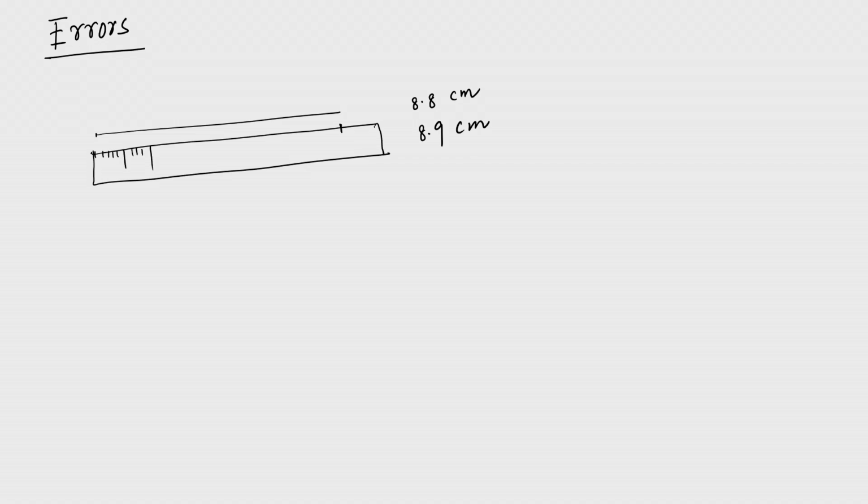And then you have no way to say whether it is closer to 8.8 or closer to 8.9. What I am trying to get at is that every measuring device comes with a least count, and you cannot do anything better than the least count. This has a least count of 0.1 centimeter, say for example; you could have better scales with larger accuracy and so on. Of course, a meter scale is not the way to find out the thickness of a hair strand.